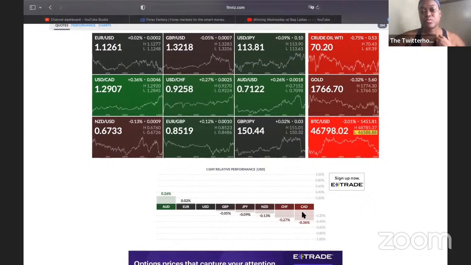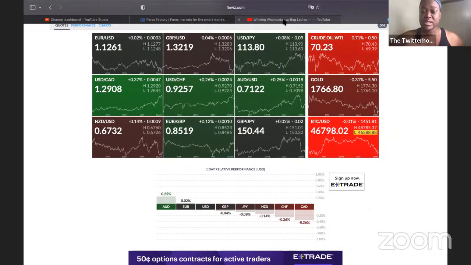Now, when we're trading currencies, we're trading pairs. It's one versus the other. So, for instance, say you're going to look at USD JPY. You want to see which one is stronger than the other. If the base or the first currency is stronger than the quote or the second currency, we're looking for price to go up, and then it's bullish. We want to buy the market. Bullish means price is going up. Bearish means price is going down. So that would be USD JPY.